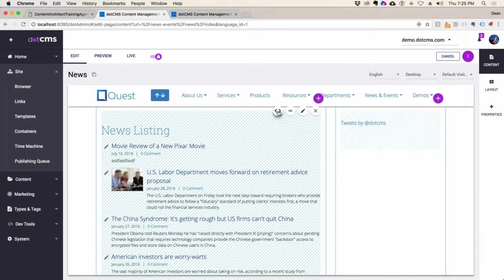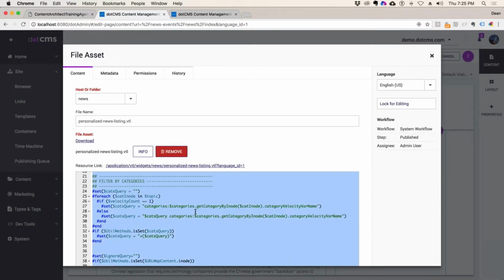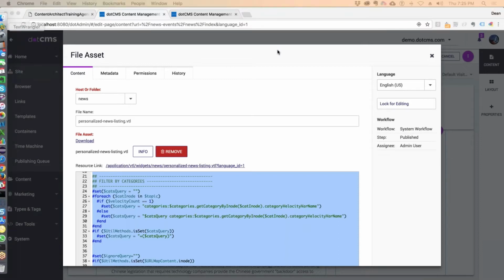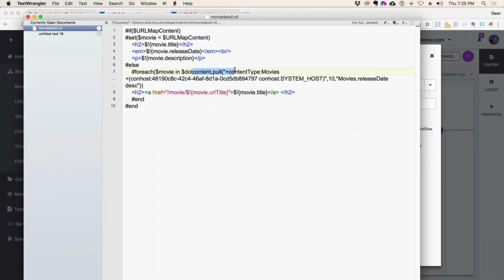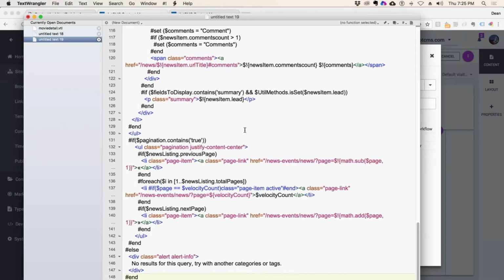But if I want to actually dig into the actual VTL and see that personalized news listing, I could Control A, Control C, and we're not going to get into it. I'm just going to show you where it is in the code so you can see how this is different from a regular pull. I don't want to mess up that, so let me just go here